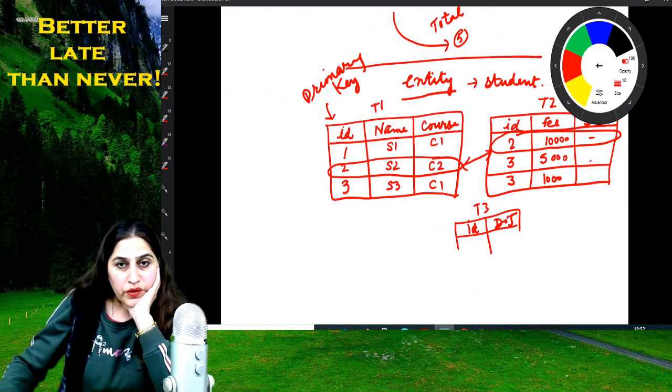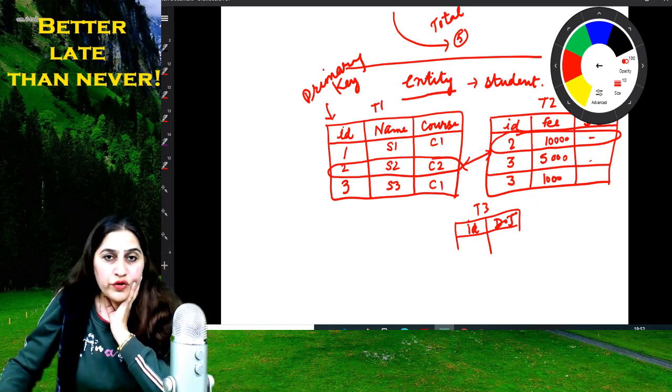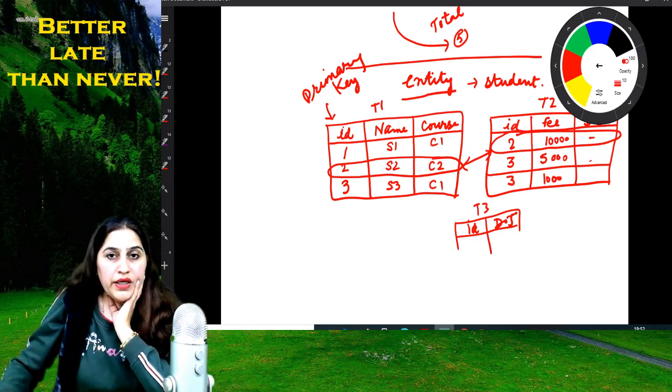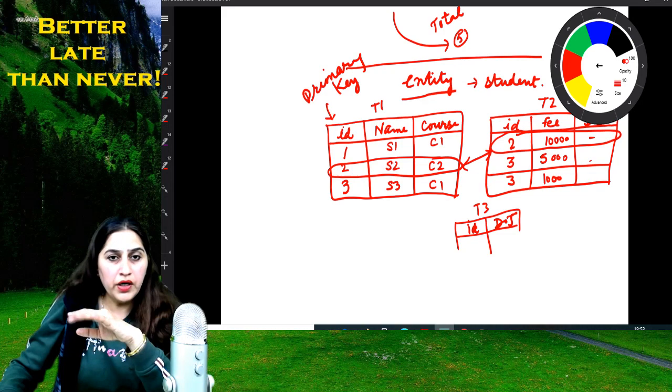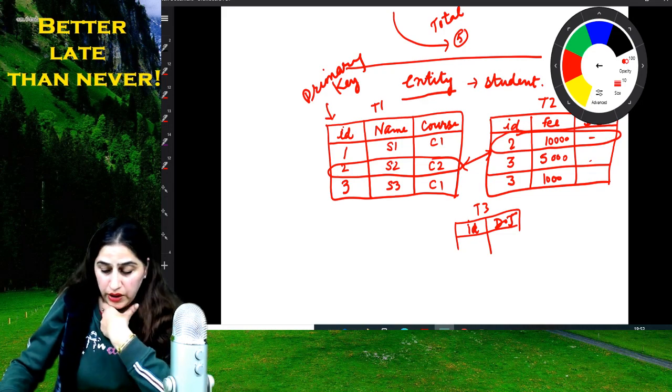Means in the first table I have stored identification, name, basic information, and which course he has joined. In the second table I have id and fee details, in how many installments he pays or whatever the detail of fee I have put in the table T2.